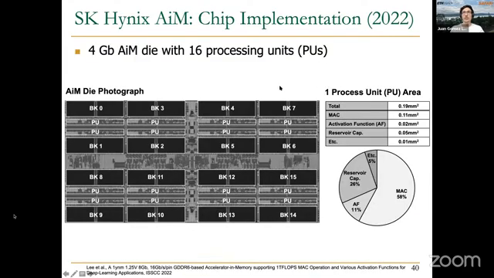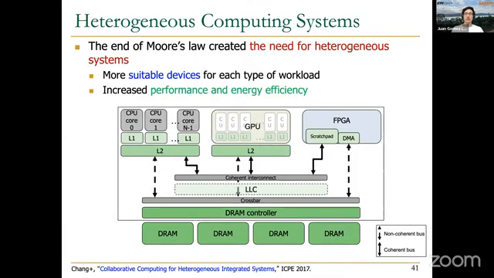Similar to the HBM-PIM proposal from Samsung, they also place processing units near the memory banks, and these processing units are also specialized for multiply and accumulate operations that are needed for machine learning and artificial intelligence. So these are just some examples of heterogeneous computing systems, and as I said, we are going to have many,